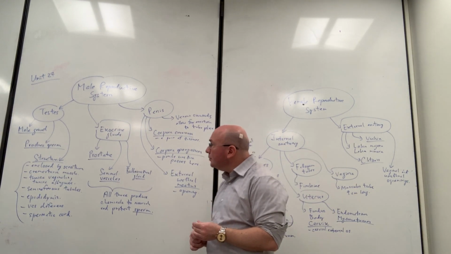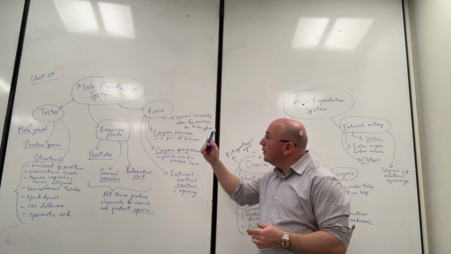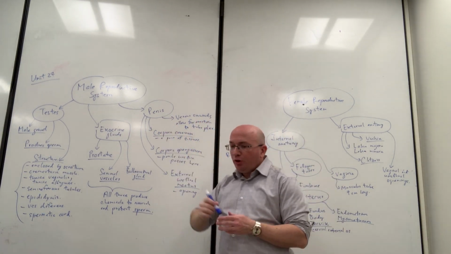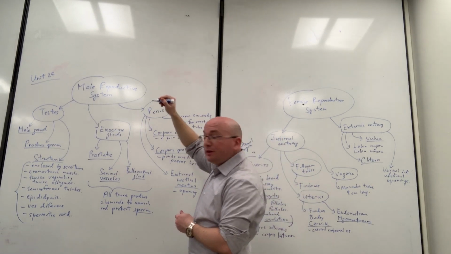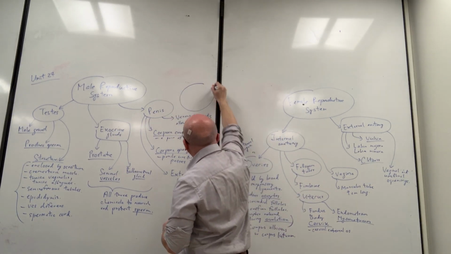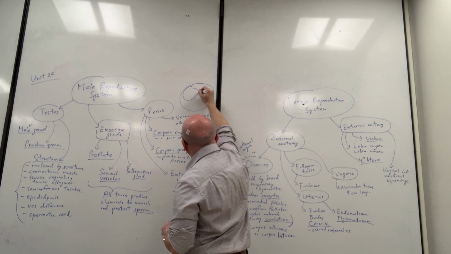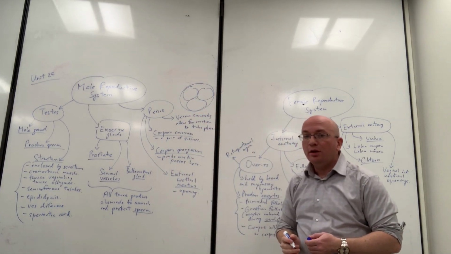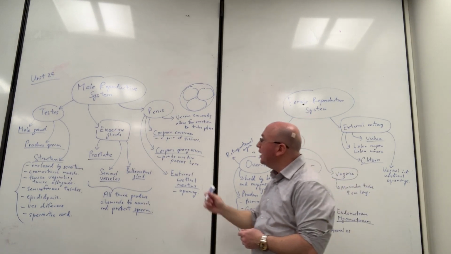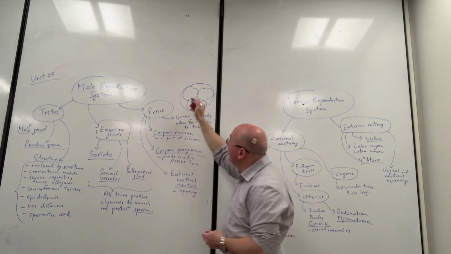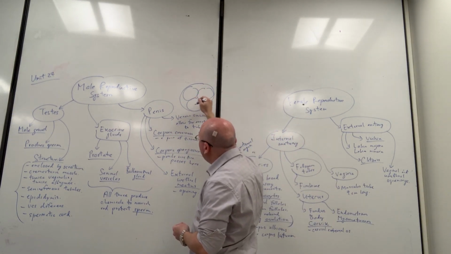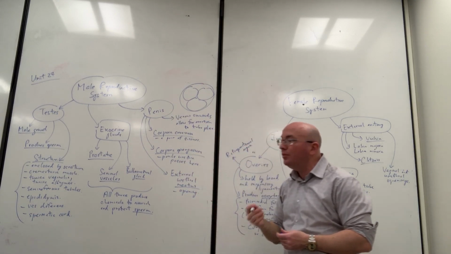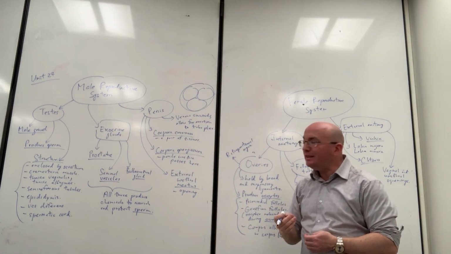Now, the most important structure of the penis, I'm going to draw right here. Basically, if you do a cross-sectional cut of the penis, you see there are going to be three cylindrical, circular components inside. These are called corpora cavernosa, these two top ones, and the bottom one is the corpus spongiosum. All of these are sponge-like tissues